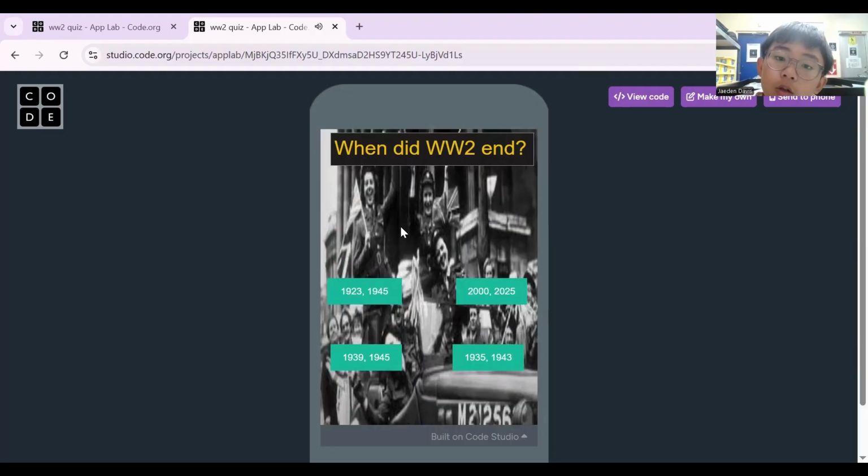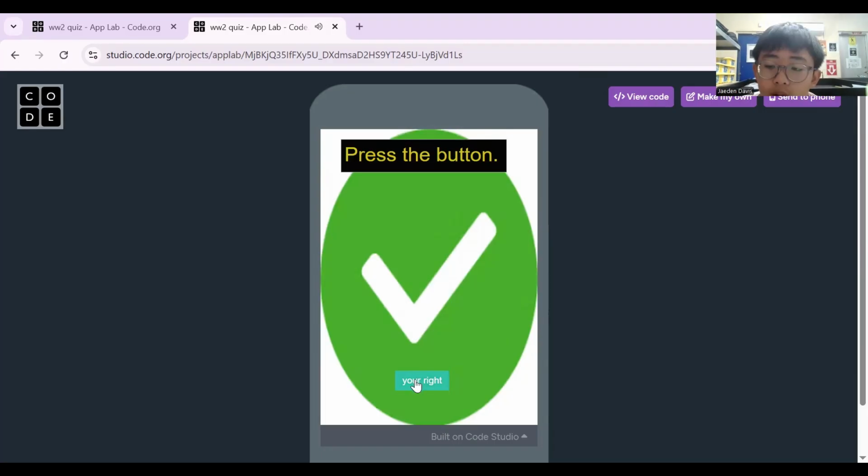And then after that, when did World War II end? 1939 to 1945, that's kind of when it started and ended. You're correct. It started on September 1st, 1939, with Hitler's invasion of Poland and ended with the Japanese surrender on